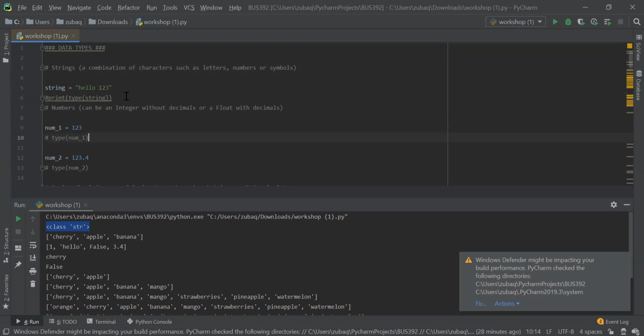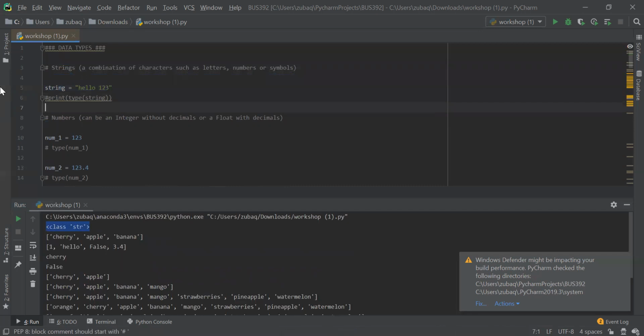Okay, so the second type of data that we're going to be talking about is numbers. There's a couple different types of numbers, which is weird, but it can essentially be an integer, meaning that it doesn't have decimals, or it can be a float data type, which means that it does have decimals. So right here, we're setting this variable number_1, that's just the name of the variable, and the actual input is 123. Notice there are no decimals. So when we run this and get the type,